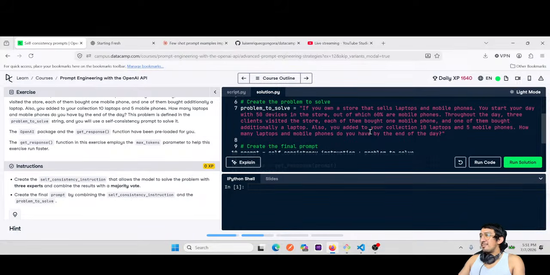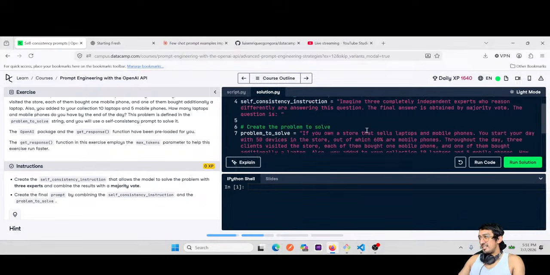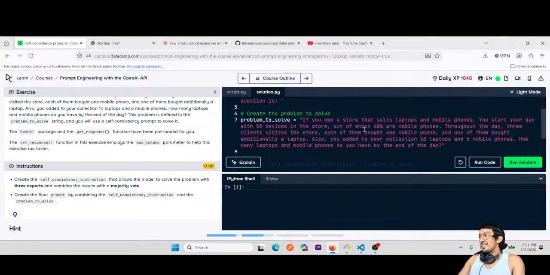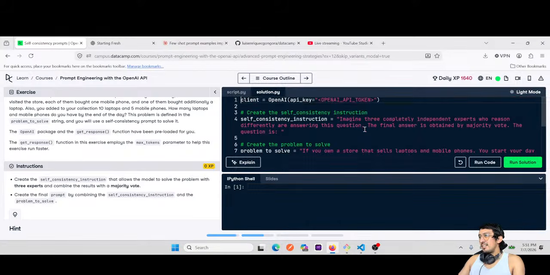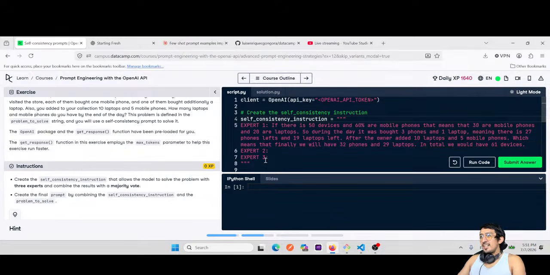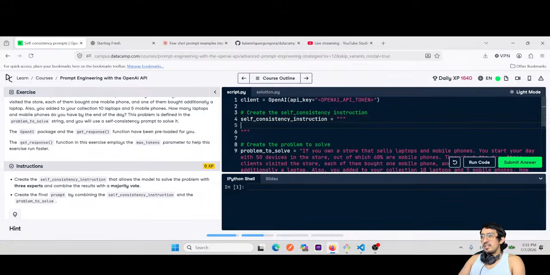So I don't need to define what is the expert of each, each one of the logics. I will ask the AI to think in 3 different ways, and then the final answer is obtained by majority vote. Okay, so this is interesting. So in that case, this prompt is completely wrong. And what I will need to do is say like this, like